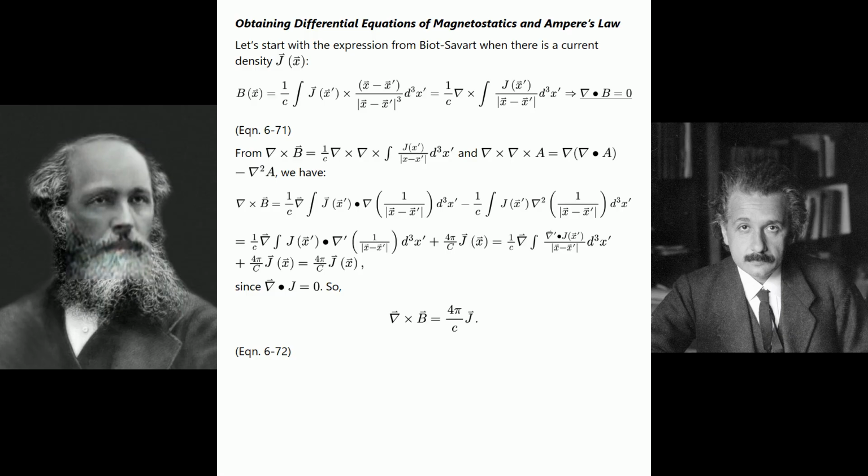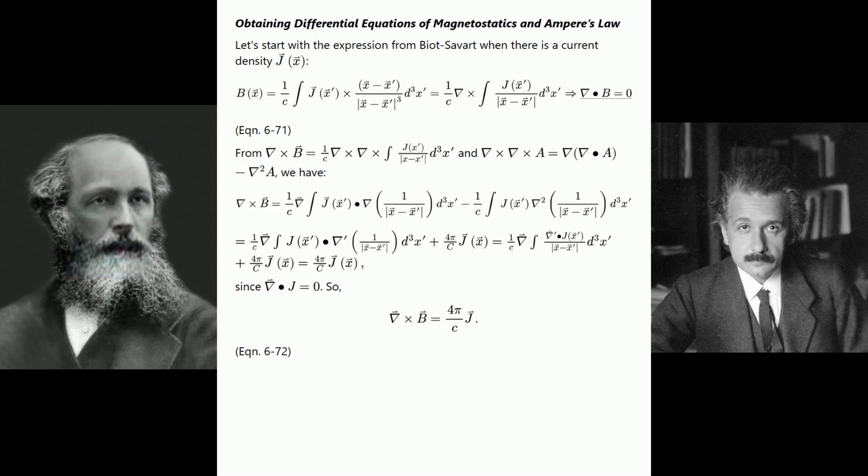J of x prime and denominator the absolute value of x minus x prime, d cubed x prime, and gradient cross gradient cross A equals gradient gradient dot A minus gradient squared A. We have, see the equation shown, equals 1 over c gradient, with over it the integral from 2 of J of x prime vector dot gradient prime, the fraction with numerator 1 and denominator the absolute value of x vector minus x prime vector, times d cubed x prime, plus 4 pi over c J vector of x vector